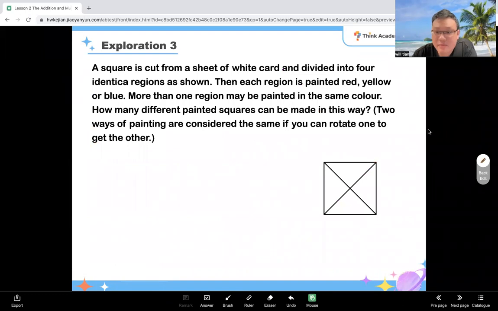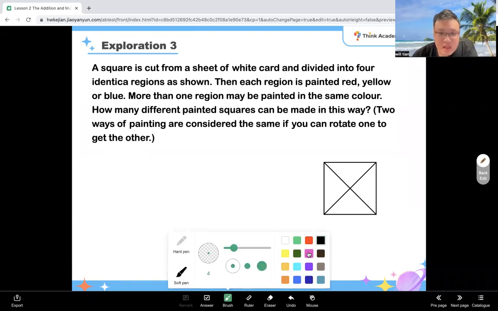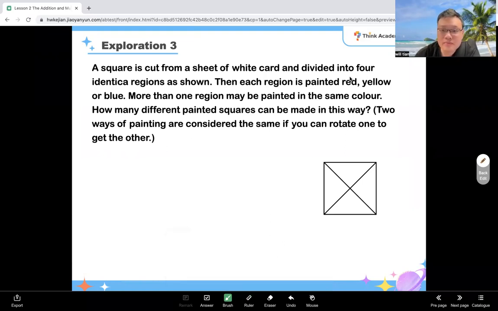Let's see. This is the painting problem. This one will be a little bit complicated. It says a square is cut from a sheet of white card and divided into 4 identical regions as shown. Then each region is painted red, yellow, or blue. So you got 3 colors, red, yellow, blue to choose. More than 1 region may be painted in the same color. That means,